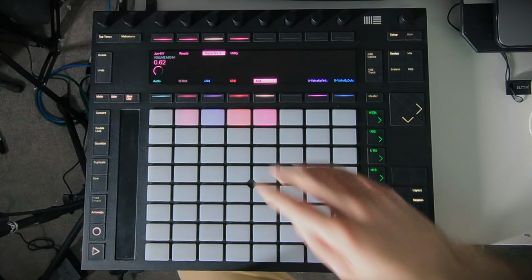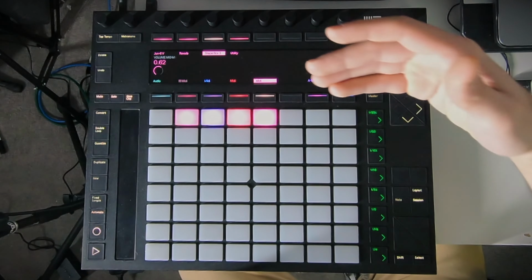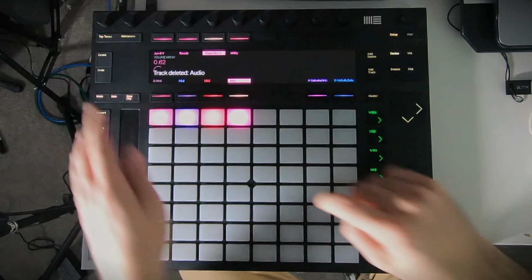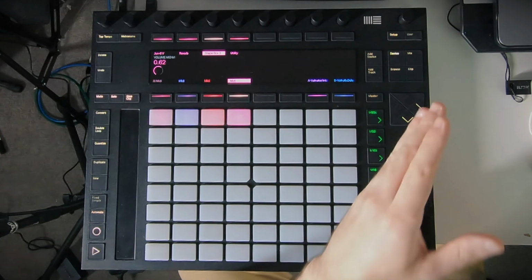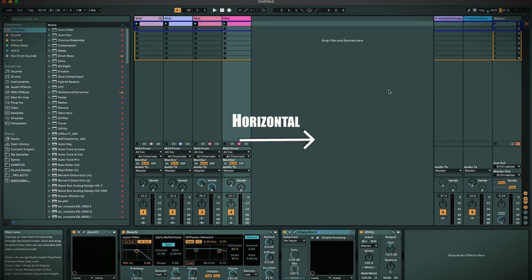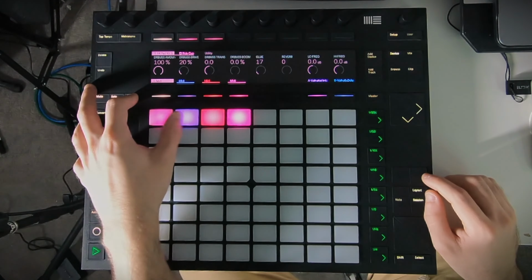Right, let's look at some arrangements real quick. So if I go on session here, you can see those are the 4 pieces of audio, the loops that I've made. So actually we can get rid of the audio track. We don't need that. So now I've got that. Perfect. So how we can build this is I can either take these 4 and move them to the arrangement view, or I can work in the session view and work in this vertical manner. So I thought, why not try both? I think it would be beneficial to learn how both of them work. So if I stop all the clips,